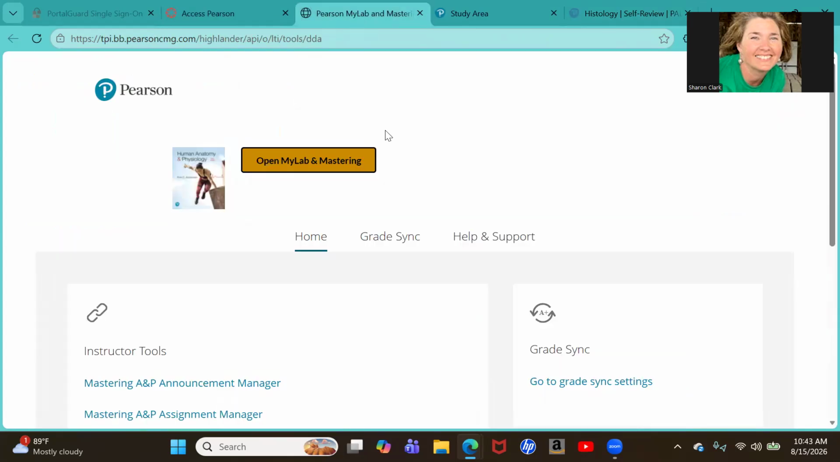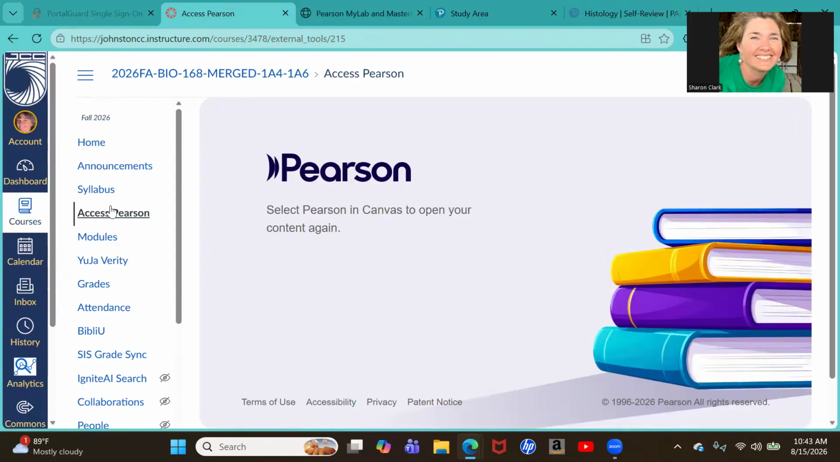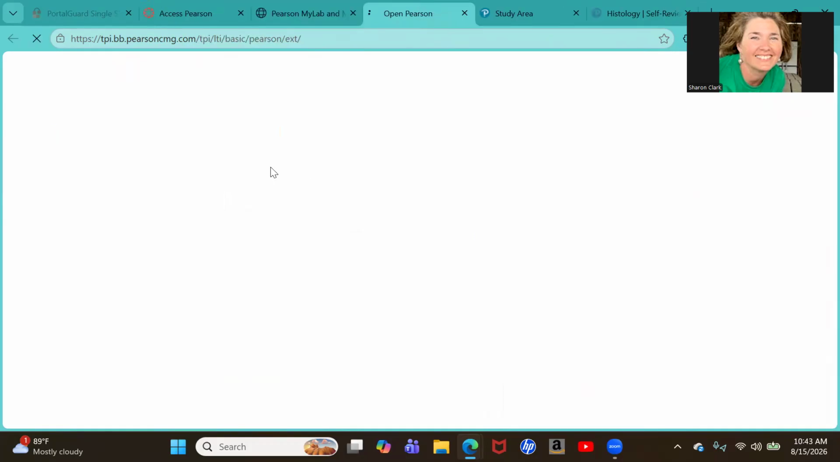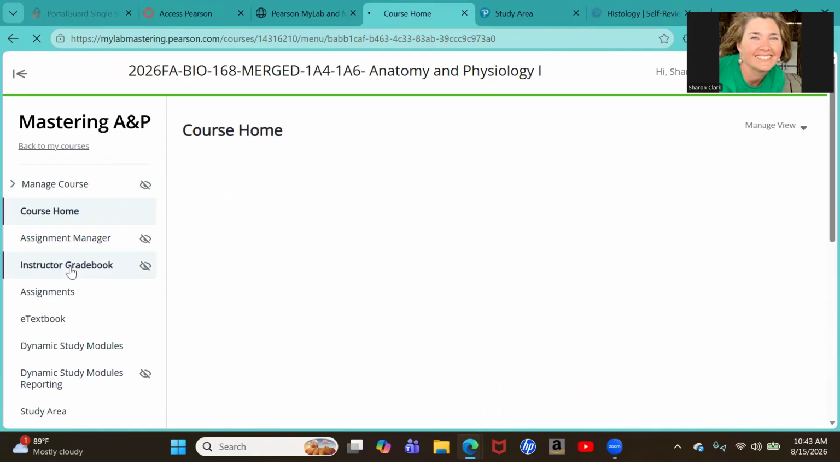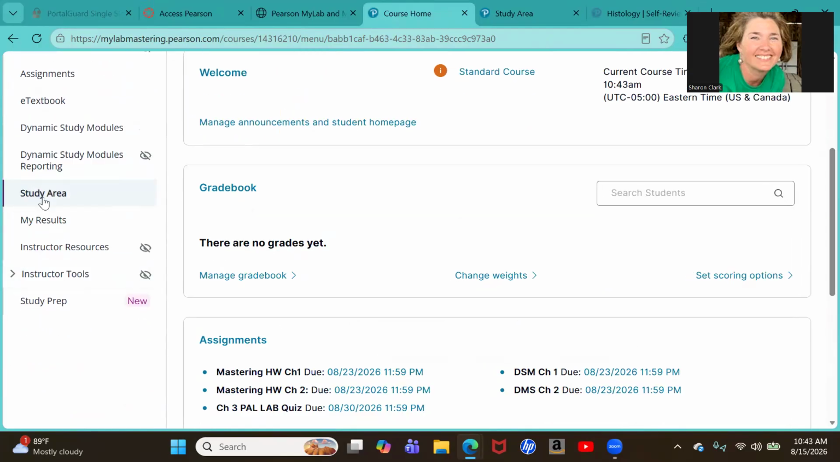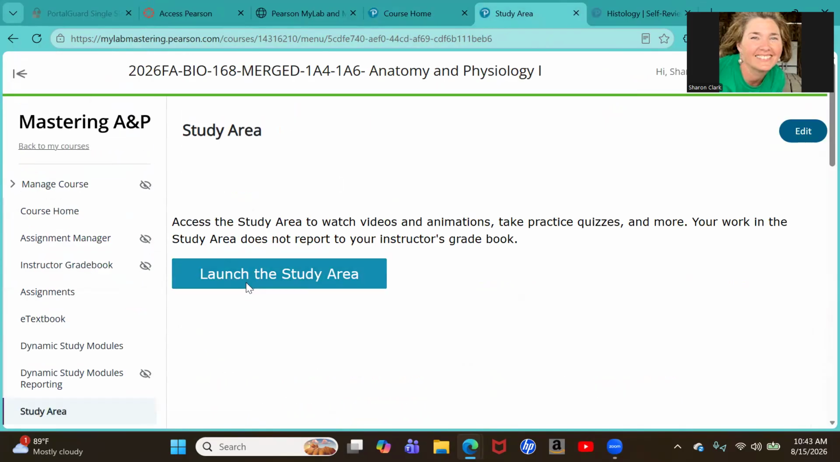So what does that mean? When you get into your course and you click Access Pearson here, you've already registered for that. Yours might look a little different than mine, but you're going to open My Labs here, and it's going to take you to this area, and you're going to click on Study. So you want to click here on Study Area. That'll take you to